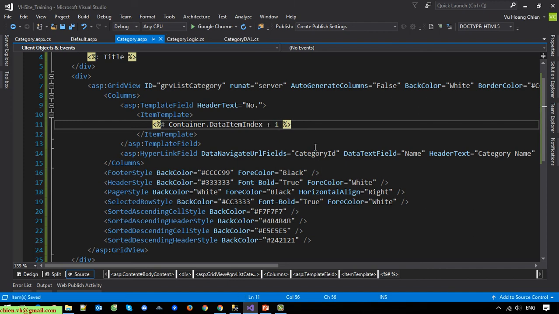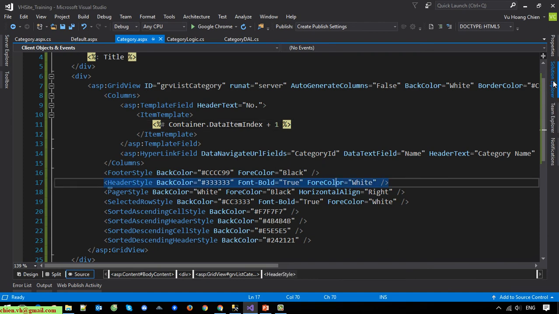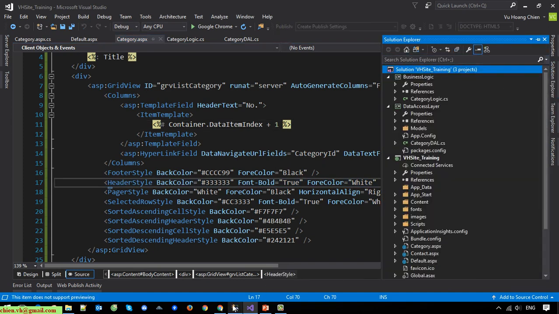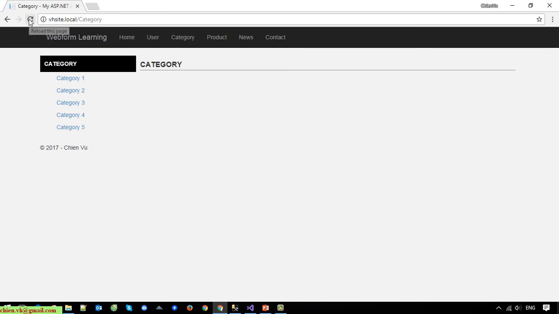The data item index starts from 0, but I want to display it from 1, so I have to subtract 1 from this item index. Refresh this one. Yeah, now you can see here we have the number of the iPhone 1, 2, 3,